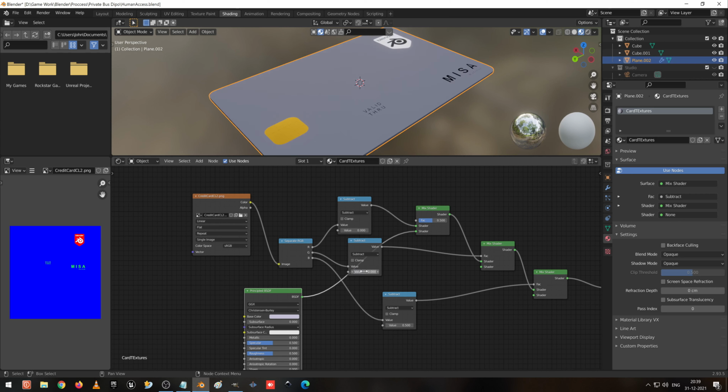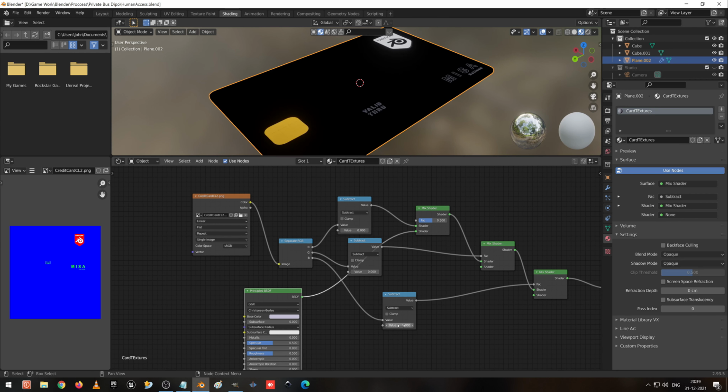So make the value 0, subtract value. So now you can see the color that I apply, it's applying to the green, right? So you can see the color is getting mixed like that.